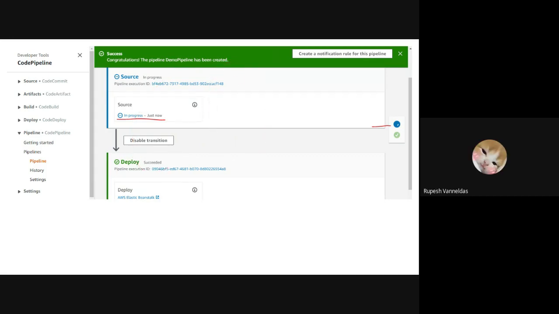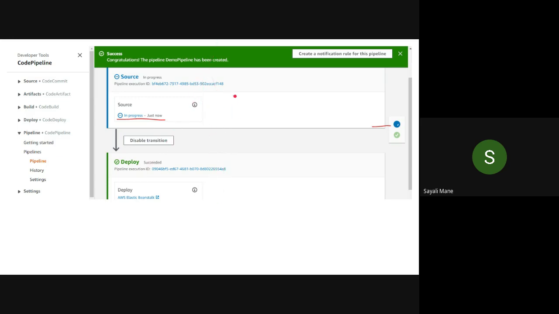Ma'am, we are not redirected. We have to go there. So you have to go to the new tab, the code pipeline tab. In there, you will see source and deploy. It's in progress. Why is it showing in progress? Because just now we committed changes in the index.html file, the GitHub file that we have linked to AWS. Whenever you make any changes in that HTML, it will build the pipeline again, and show the in progress status and the report for it.